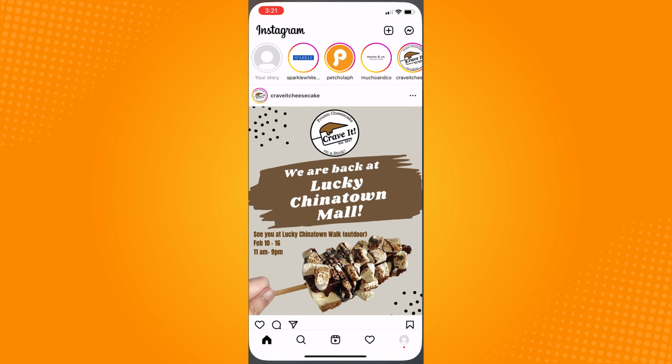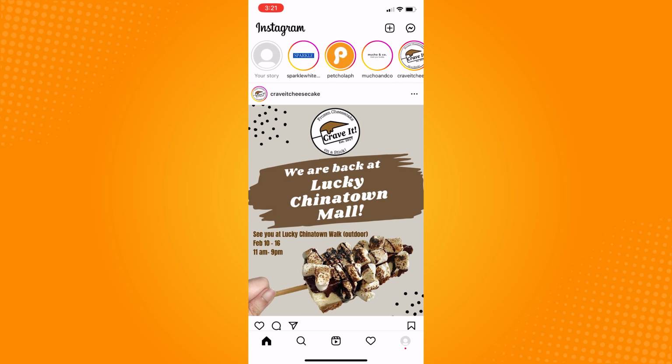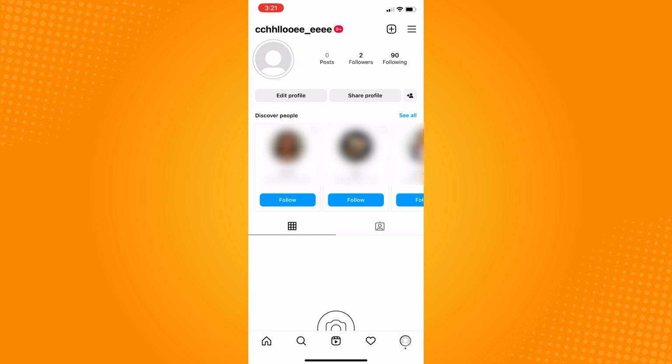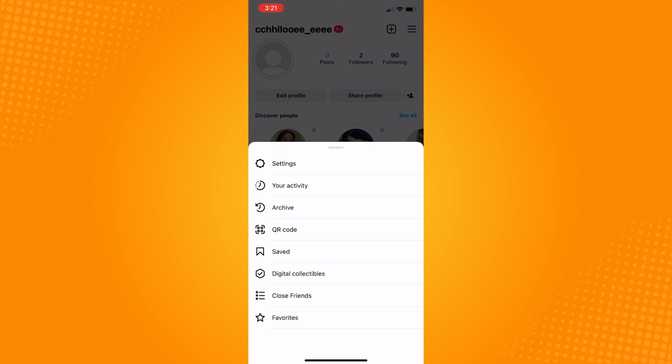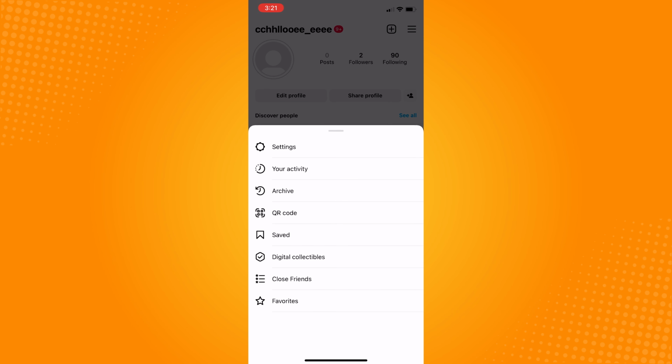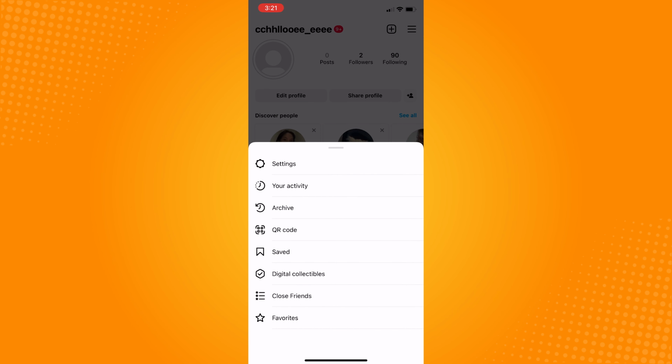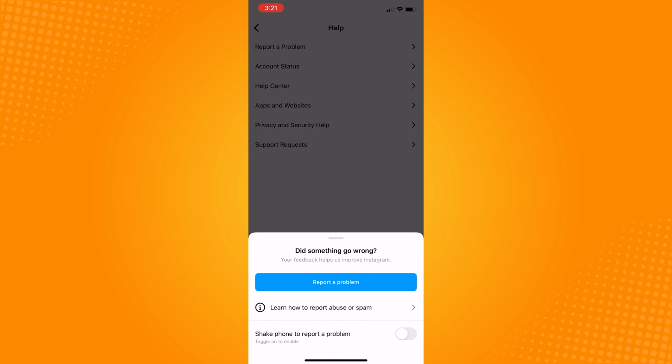After this, go back to Instagram. Tap on the profile icon at the bottom right, and then tap on the three lines on the top right corner of the screen. And if you have an option here to update messaging, tap it, and that will immediately solve your issue. But if you don't have that, like me, go to settings, hit help, report a problem, just